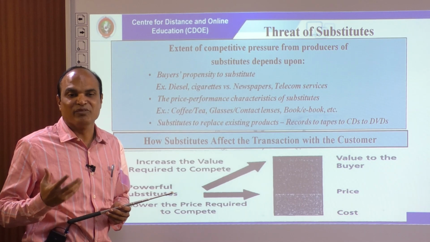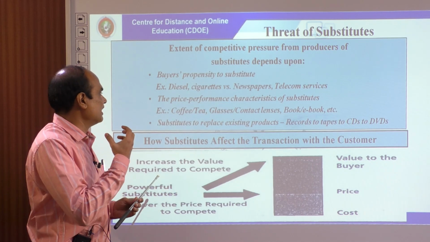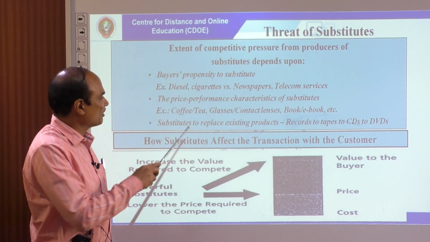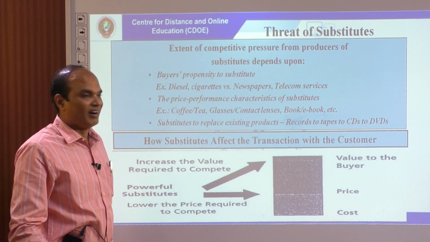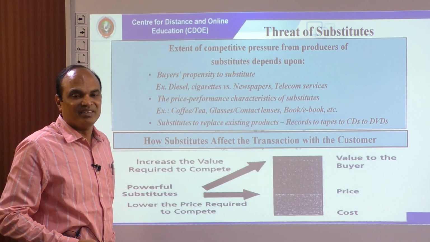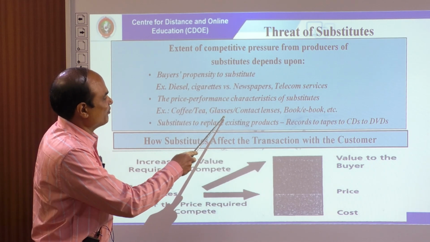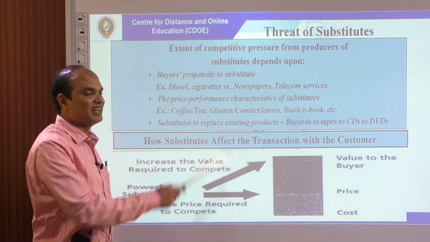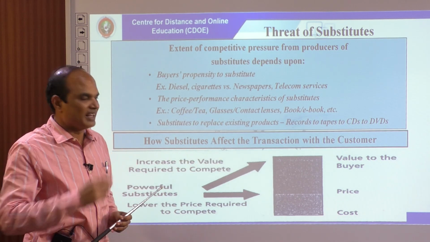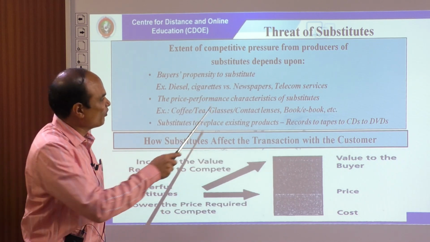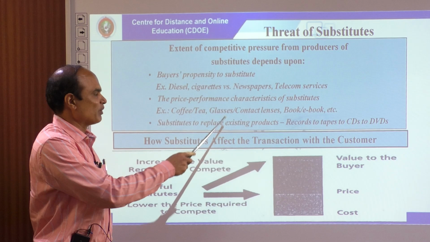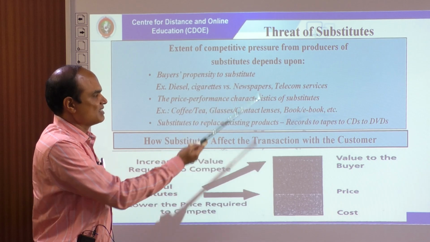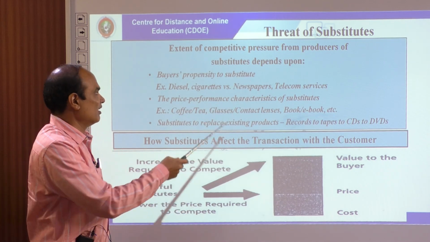unless they are very much lovers of coffee. So coffee and tea, or green tea or regular tea, are substitutes. And compare glasses with contact lenses. If somebody does not like wearing glasses because of their eye problem, they can always go for contact lenses, provided they have deep pockets. Look at this: contact lenses are available between 3 to 5,000 rupees, whereas glasses are available